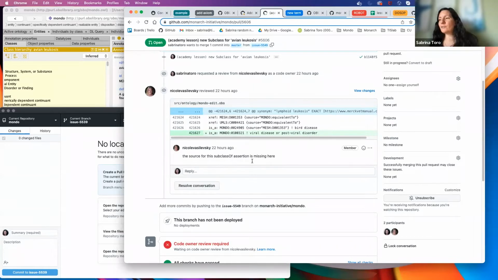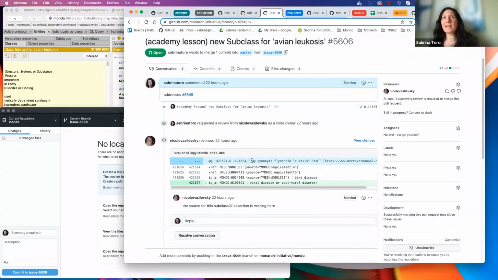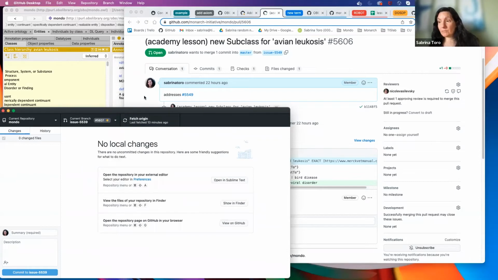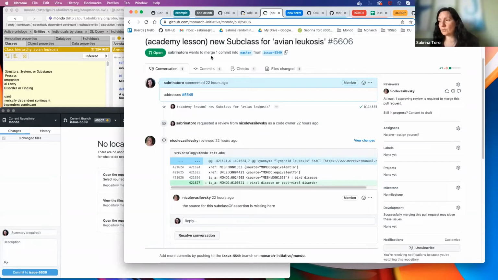So if you remember how I explained in my very weird way that GitHub is basically you put all these changes in little packages, and then you use the PR and the GitHub Desktop to go from a version of the ontology where those changes, and you take them back and forth. So what we want to do is go back to this PR and get all the things that I did and changed, and then make changes to those, because here I forgot to add